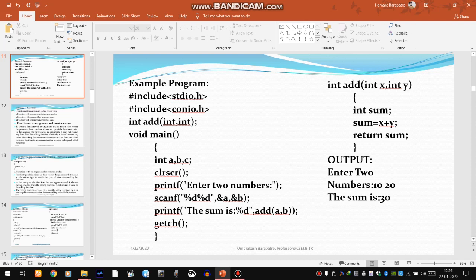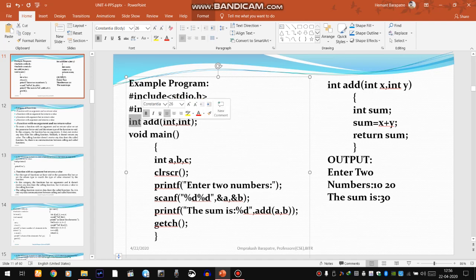So for addition of two numbers, we have to provide two parameters of integer types, and the function we require to add two numbers, we call it the add function. The name of the function will be add. Next, the return type, or the type of value that this function will return, is integer because we are adding two integer numbers. This particular thing is known as function declaration or function prototype.